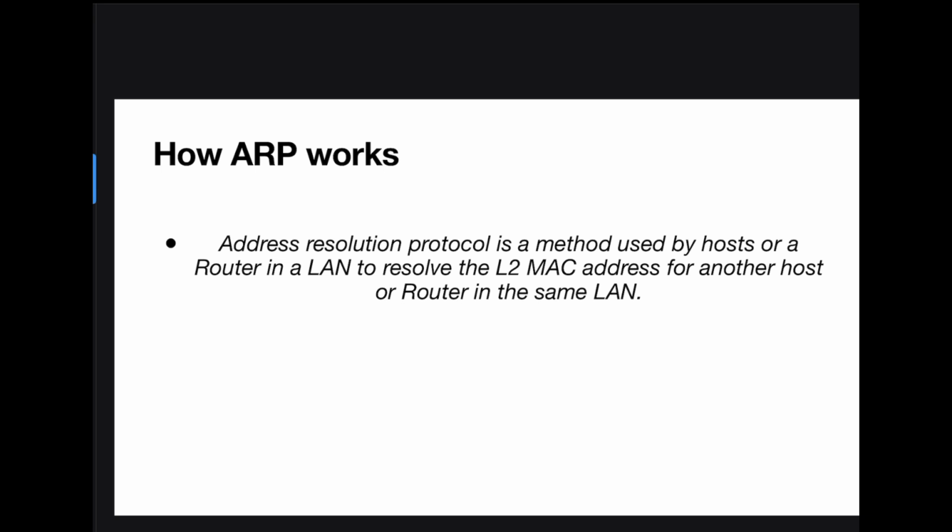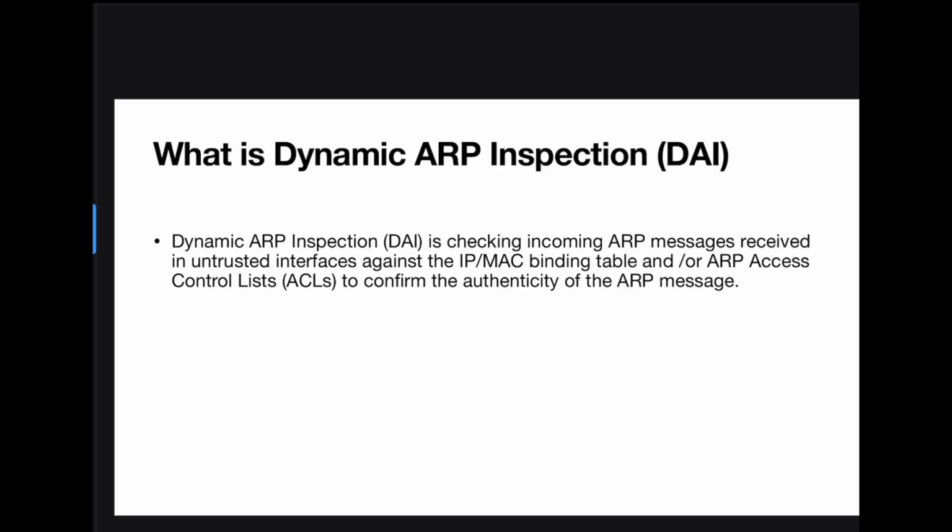Now, dynamic ARP inspection is checking those incoming ARP messages that are being received on untrusted interfaces against the IP-MAC binding table and/or the ARP access control list to confirm the authenticity of the ARP message. So basically, we have ARP messages being received on the untrusted interfaces, which are the host client devices,